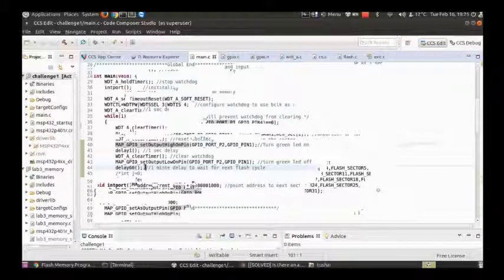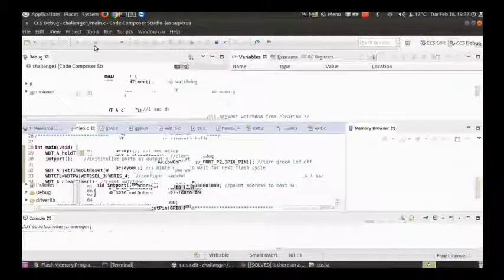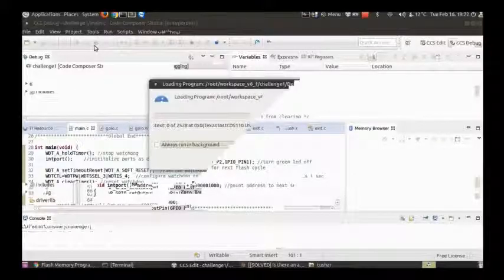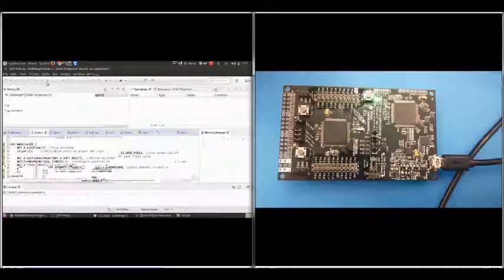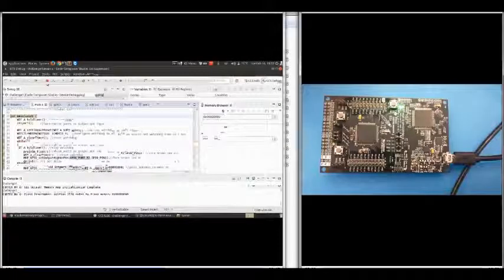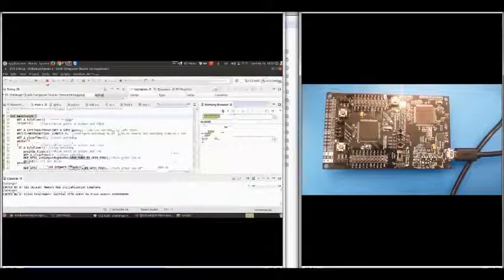Now we'll have a look at the debugging part of it, and on the screen you will be shown the screen output as well as how the board is behaving with user inputs. Here we go. Okay, so I started to burn the code into the board. We'll be having a look at the starting location, and we'll set a breakpoint